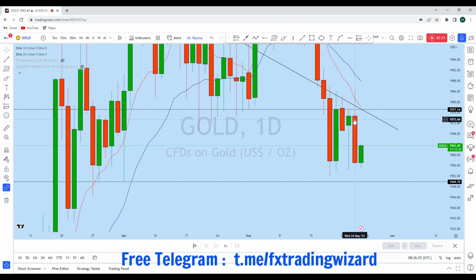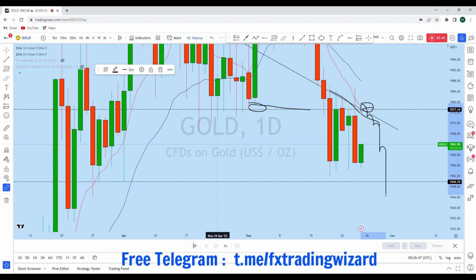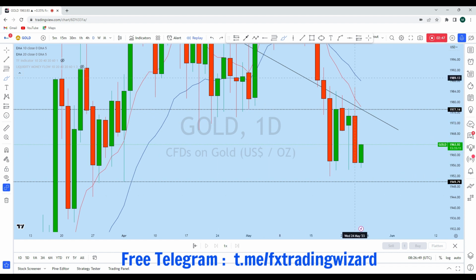What I think is that as we see the price already creating a smooth series of lower highs, and there is a liquidity gap, I think the price might go up to test this level again, as there is an imbalance in that zone which is also aligning with this important support turned resistance along with this trend line. And I think that from that zone we could see again a rejection